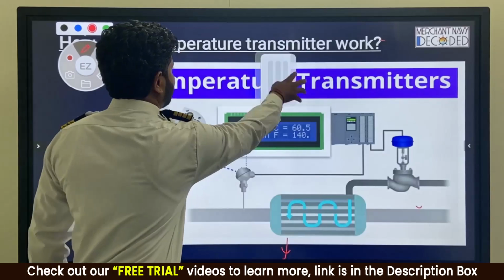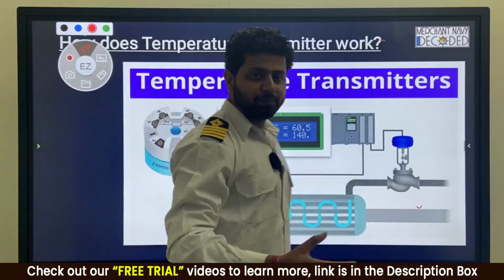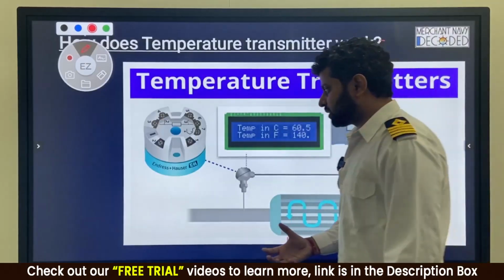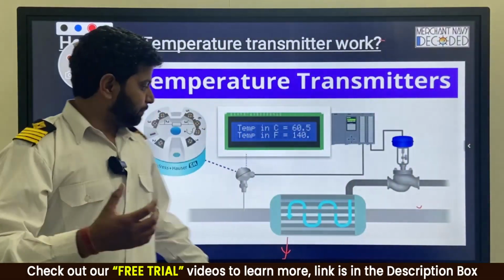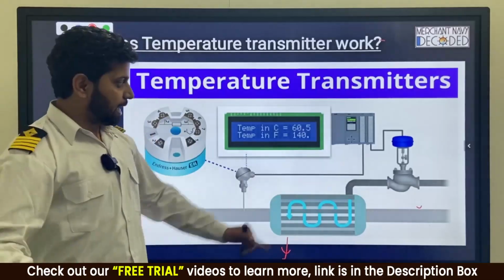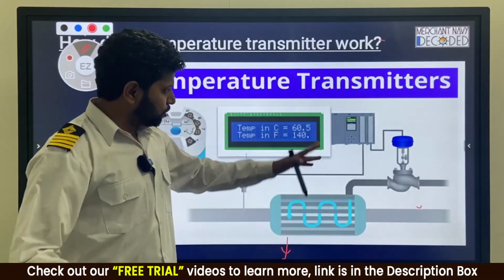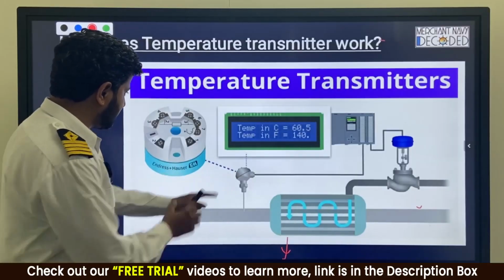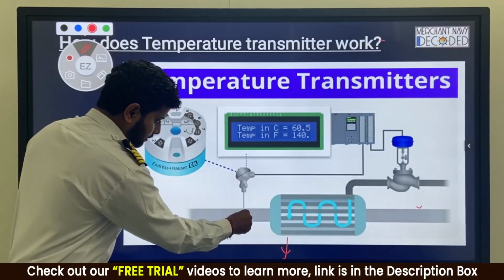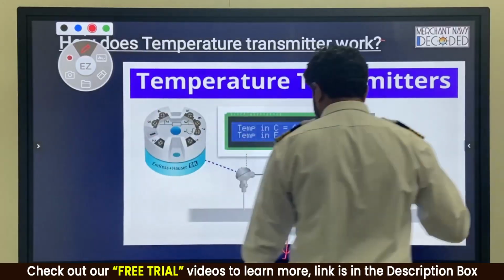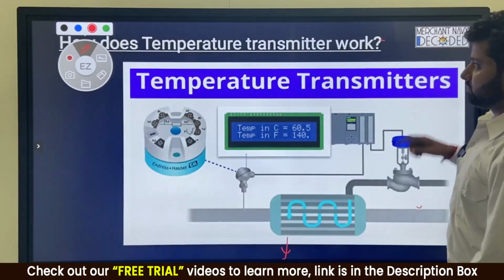There is a lot in it that you have to know when we'll be discussing PID, P controller, proportional controller, integral controller, differential controller. But this is how a temperature transmitter helps you with automation. So now you know what is the IP converter that I had fitted over here. You know a little bit about PLC. You know what is this transmitter fitted over here. This part inside over here, and this is where the sensing is happening, which I'll show you later in the next. So this is how the transmitter is working.